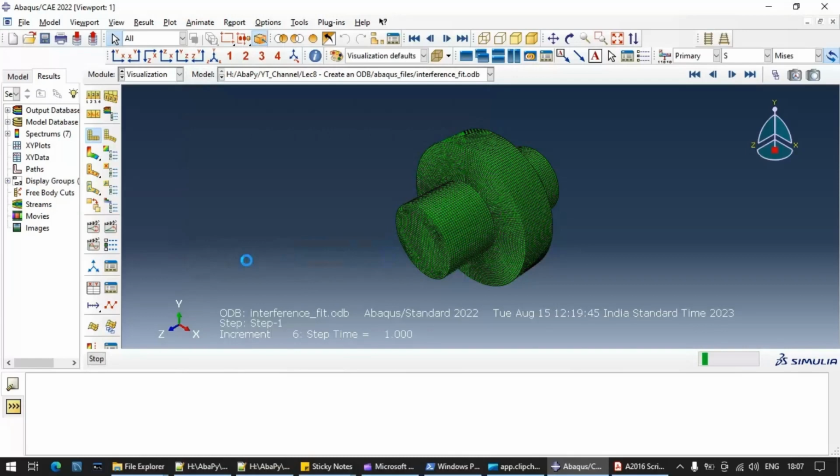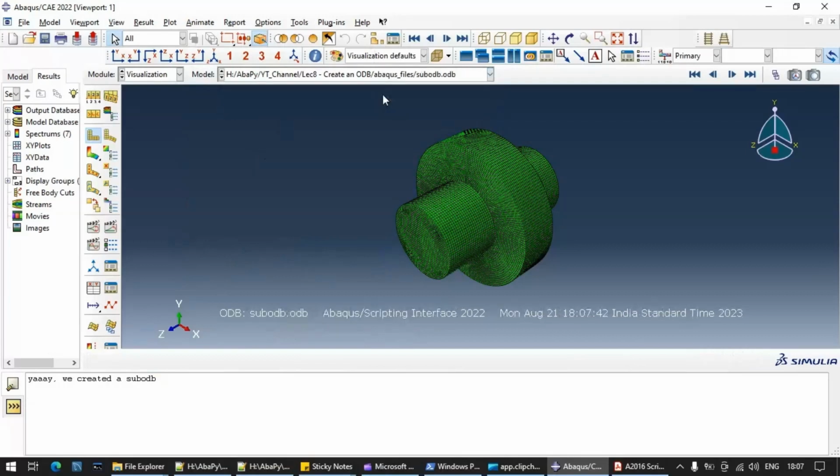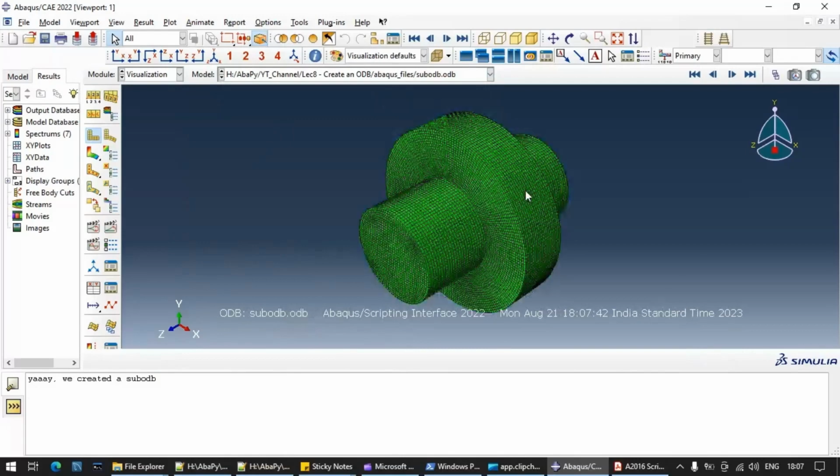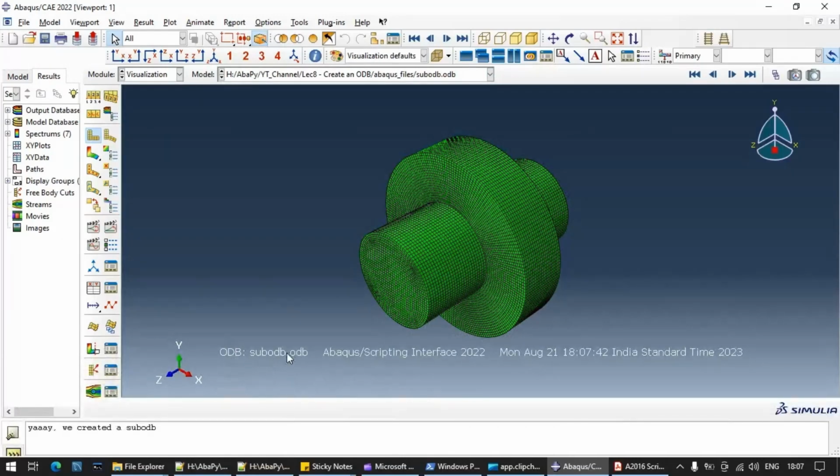Wait for a minute. Ding ding ding. Oh yeah, yay, we created our sub ODB. So now the sub ODB is already open. Okay, you can see the sub ODB is open. Here you can see odb subodb.odb, and one more thing is there is no field output here.